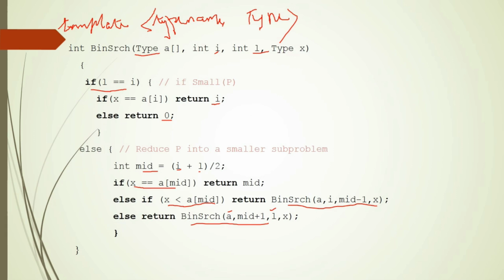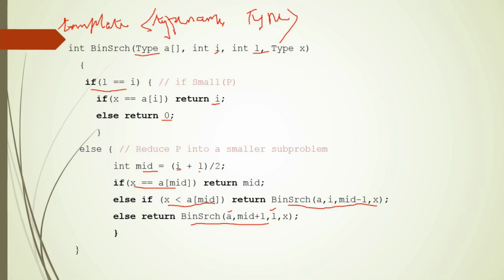So before discussing this function, let us see what a generic function is. A generic function in C++ is nothing but a function whose working does not change depending on the type of data. Irrespective of the type of data that you are calling the function with, it works the same. Even binary search is an algorithm which will search for a key element in a sorted list of elements. The same way, whether it is an integer array, a character array or a float array. So let us see how we define this generic data type.